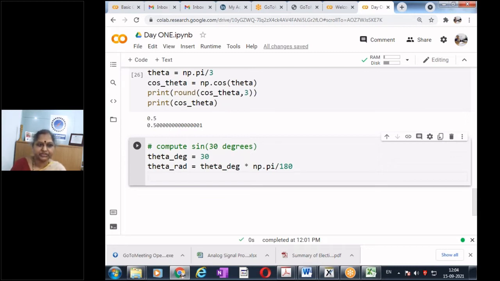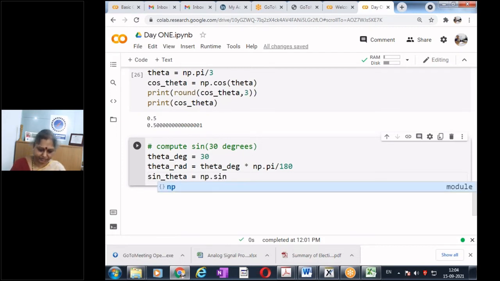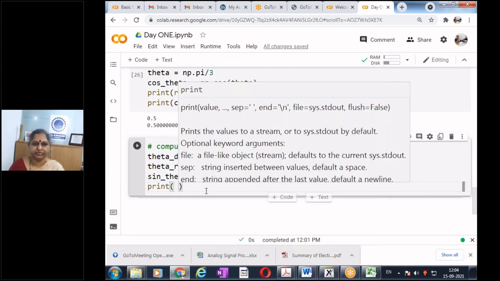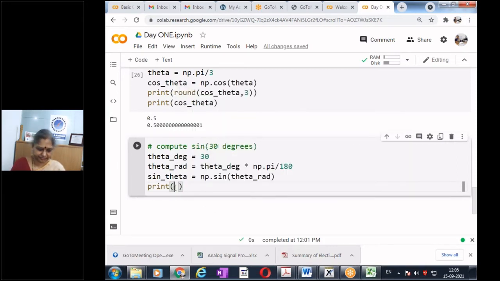And then now what is my function to get sine theta? I want to compute sine. So what should I write? np.sin of theta in radians. And then I will have my sine theta in radians. And then I want to see the answer. So I will print sine theta.